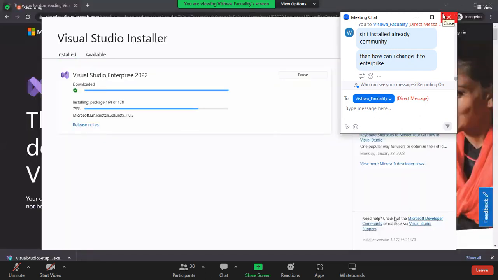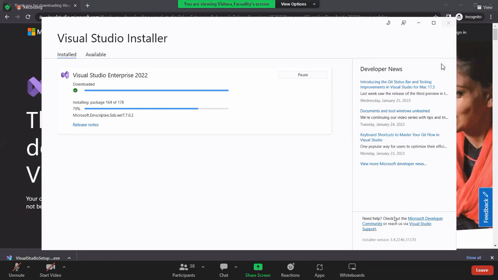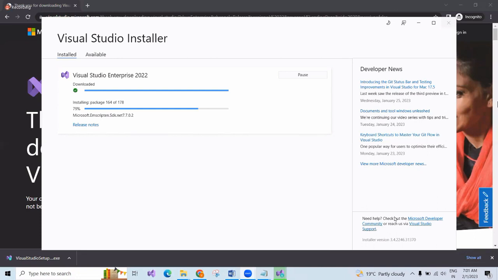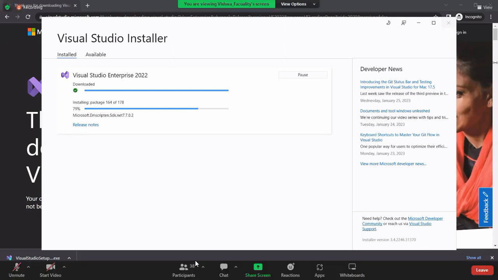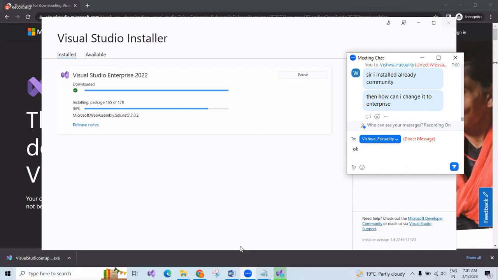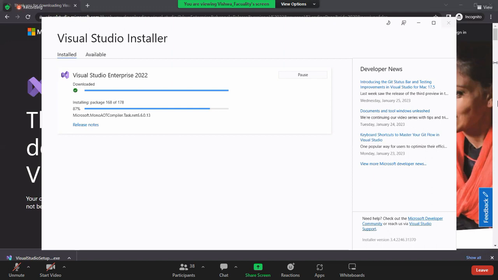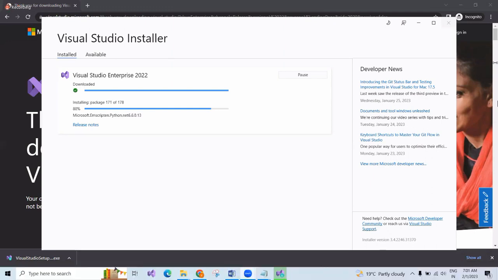Yeah, Washim Akram, what is your doubt? Sir, when I run, such kind of error is coming. What error? I'm not getting you. Yeah, Washim, you can use that, no problem. If you have some already installed version, you don't need to worry. You don't need to install again. You can use the same. Sir, do I have to select the above 4 options? Correct. Yes, you need to select those 4 options.